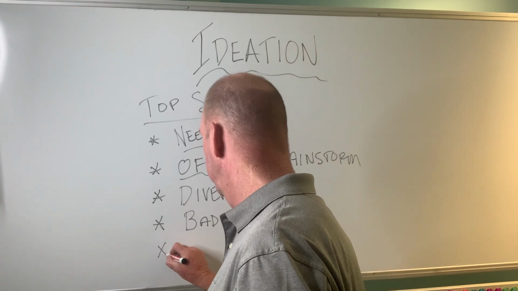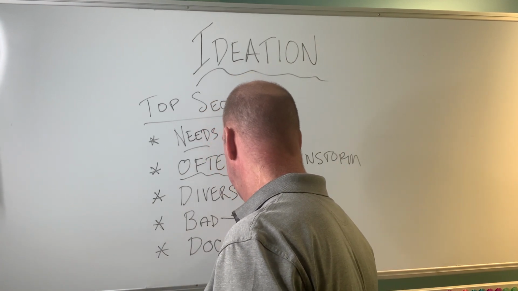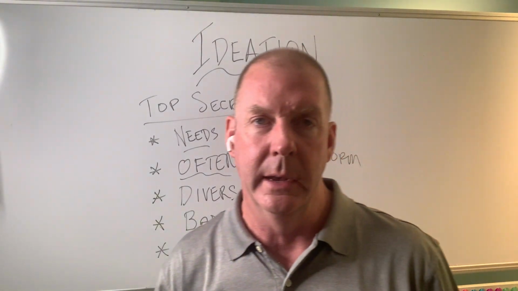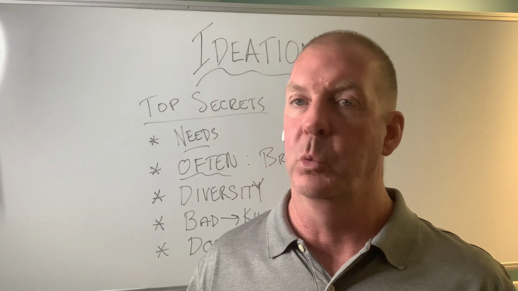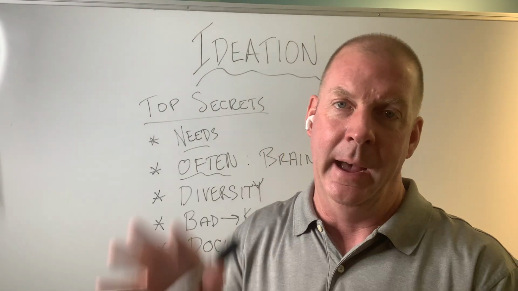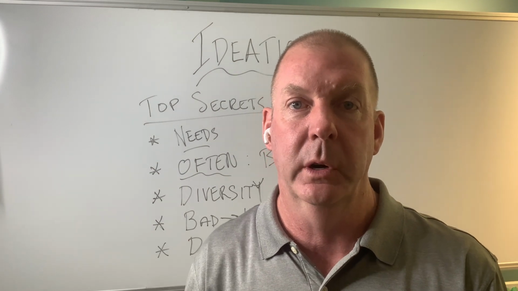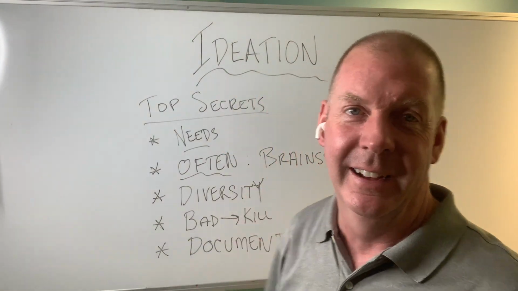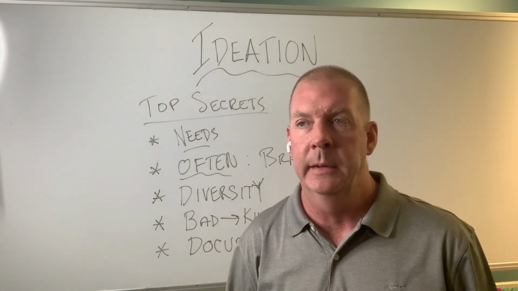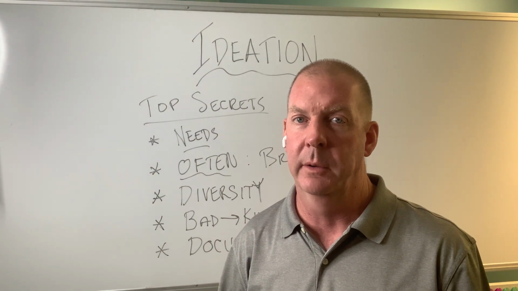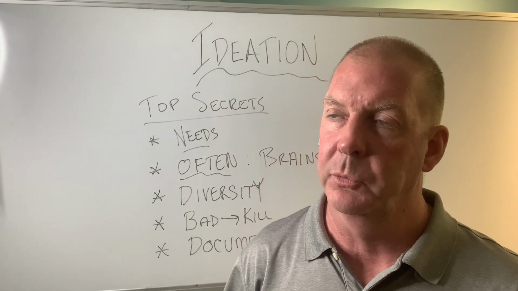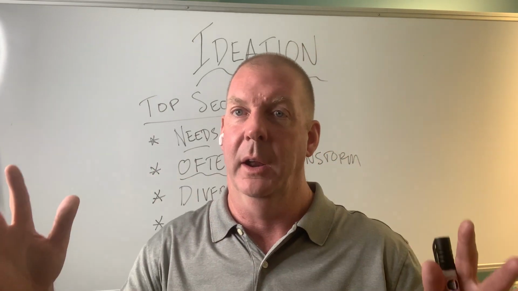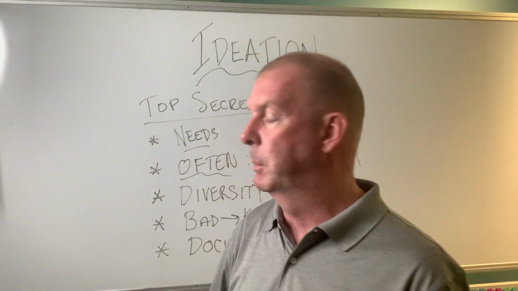The last word I'm going to put down here is the word document. And this has to do with maybe an ending process. You're going to choose an idea, one out of the group that you want to pursue. I encourage you to document everything that was left, for a couple reasons. One, somehow it made it on the board. It didn't get killed as a bad idea. It made it on the board, and it could be because we need that later if the one we chose doesn't really pan out. It makes for an easy, fast pivot. Just like the value of the rule of 6, you've already thought out 5 other things that make it on the list, and you can pivot from that very quickly.